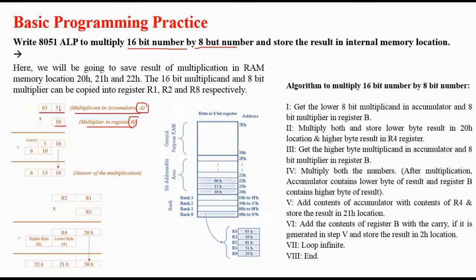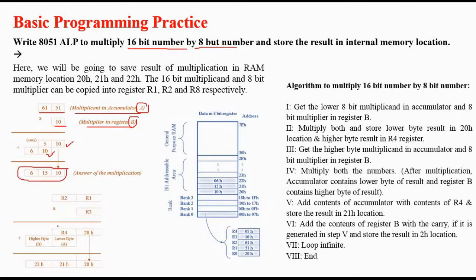If we try to multiply them, we will get the result. We multiply firstly the lower two digits. So 10 into 51 gives 510, which will be the first iteration. Then we add 10 with 61, so 610 will be obtained in the second iteration. During the first iteration we need to save those two digits, and in the second iteration we will store those two digits, and the result will be obtained in the accumulator, which we will move to some other register.